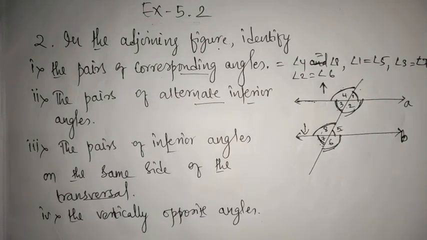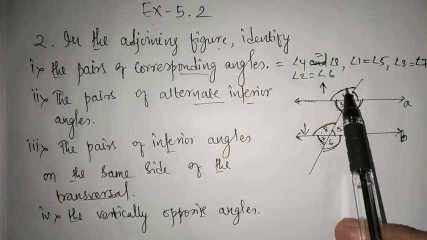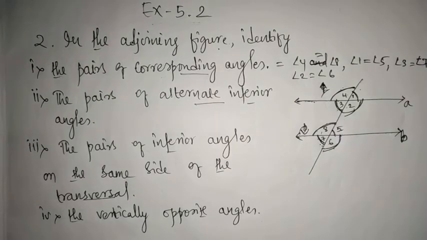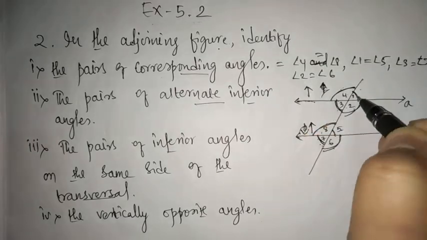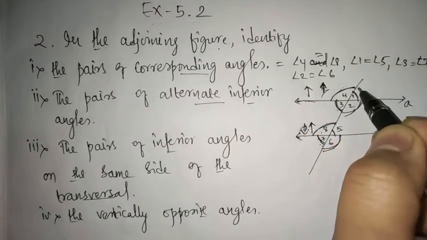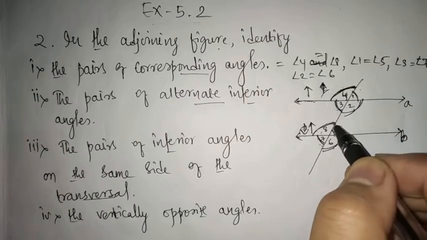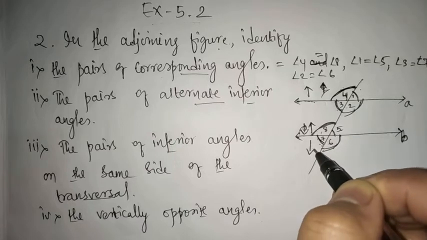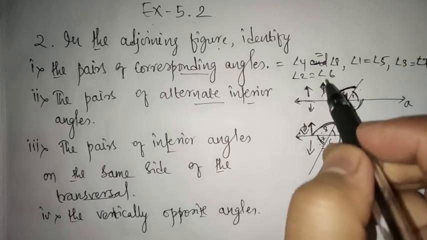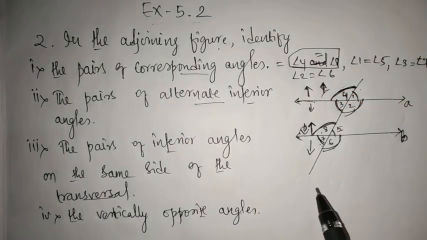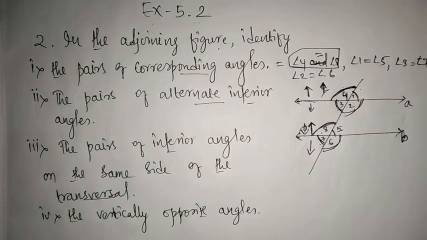So once again I am repeating for those who did not understand why angle 4 and angle 8 are a pair of corresponding angles. Just see, above a parallel line, on the same position on the same side of this transversal line, one angle is formed over here. This is 4, and over here it is angle 8. This is below the parallel line and this is above the parallel line. That's why angle 4 and angle 8 are a pair. Angle 4 is equal to angle 8. Why? They are corresponding angles and they are formed in the same position above the parallel line.